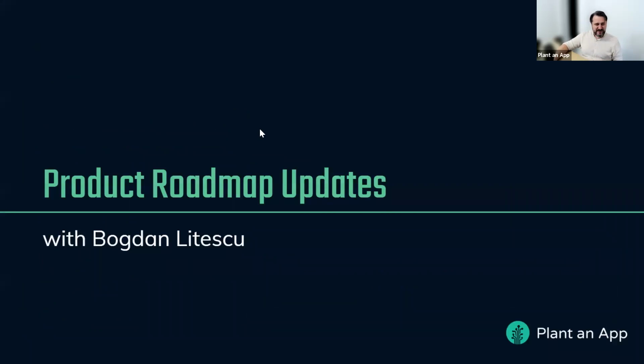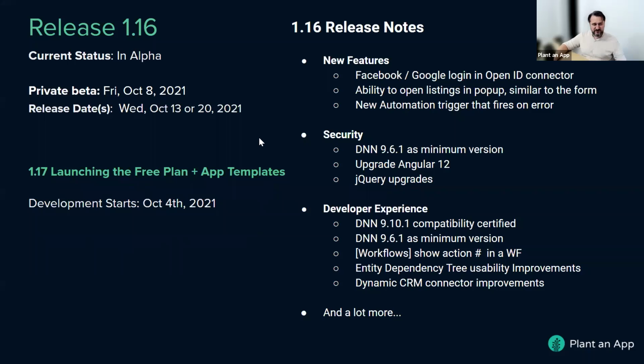Cool. So that being said, just to give you a brief update of where we are with the current release of 1.16, it's currently in alpha, which basically means that we're only solving items that are important or critical before moving it to a private beta. We are hoping that this will happen by Friday. That's our goal. And tomorrow we'll already start deploying it on our internal systems to see how it behaves in production-like environments. And then either next week, or if the time is too short, the following week we'll make the public release as well. So what's in the 1.16 release?